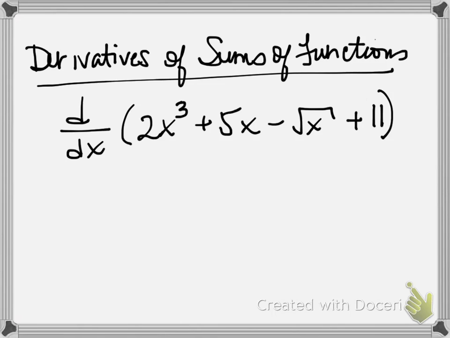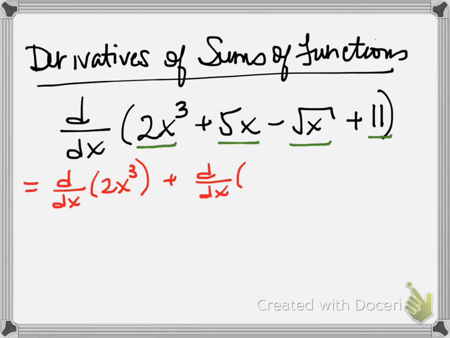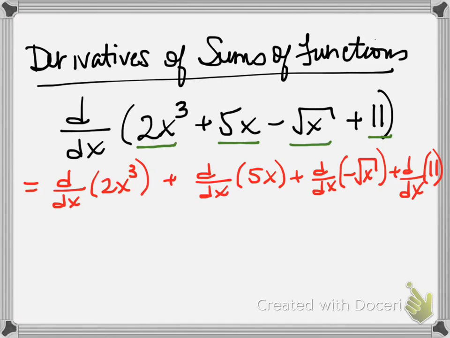If I want to take the derivative of this sum, it's the same as taking the derivative of each part. So we get the derivative of 2x cubed plus the derivative of 5x plus the derivative of negative square root of x plus the derivative of 11. If I take the derivative of 2x cubed, I should get 2, because that's the constant multiple, times the derivative of x cubed, which is 3x squared,